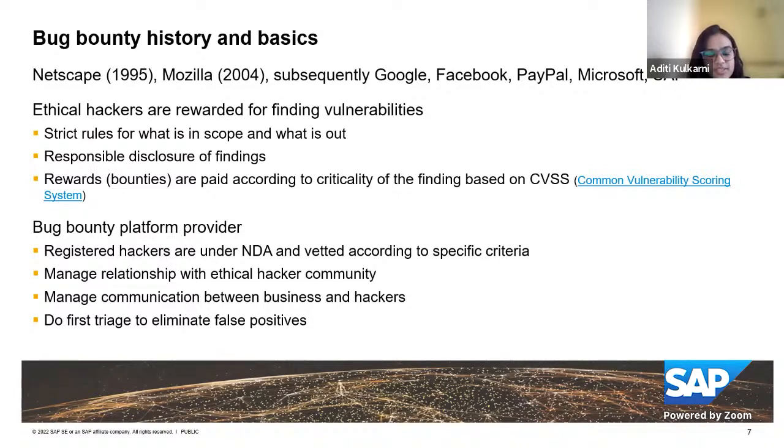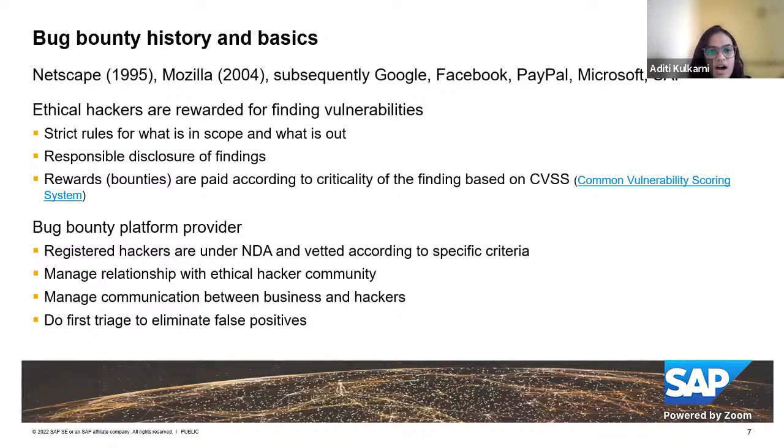And almost nearly after a decade, Mozilla followed, and then subsequently other big companies like Google, Facebook, PayPal, Microsoft, SAP, all followed. And now it's seen as one of the go-to methods to get such experts involved in finding out the security vulnerabilities that an application might have.